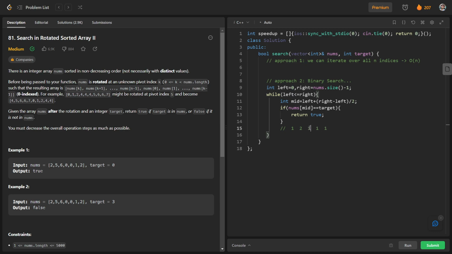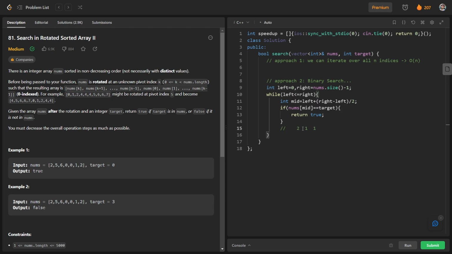You can see that we are having mid on this index, and we are having nums[left] and nums[right]. Initially we will have left equal to 0 and right equal to 4. So the integers at both the indices are the same, and it is equal to nums[mid]. So what we can say, we can just remove these numbers.